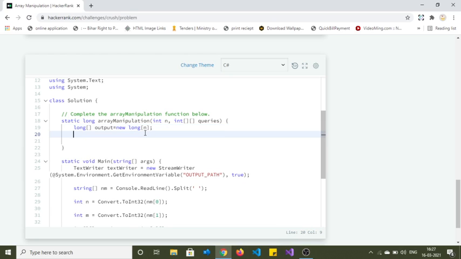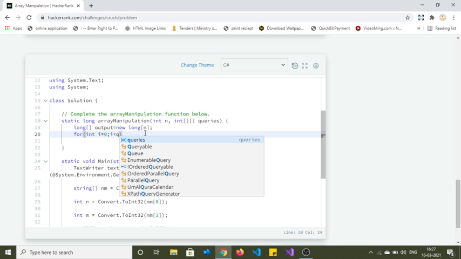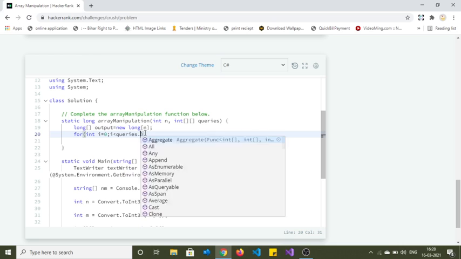Next, we have to loop through each element of the given array. Integer i is equal to 0 and i less than queries dot count.